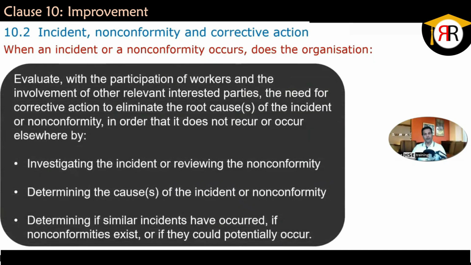This is a long particular section out of the standard, but it relates to evaluating with the participation of workers and other interested parties the need for corrective action to eliminate root causes of the incidents or non-conformity in order that it doesn't happen again. It does this by investigating the incident or reviewing the non-conformity, determining the cause of the incident or non-conformity, or determining if similar incidents have occurred, if non-conformities exist, or if they could potentially occur. On 10.3, continual improvement,